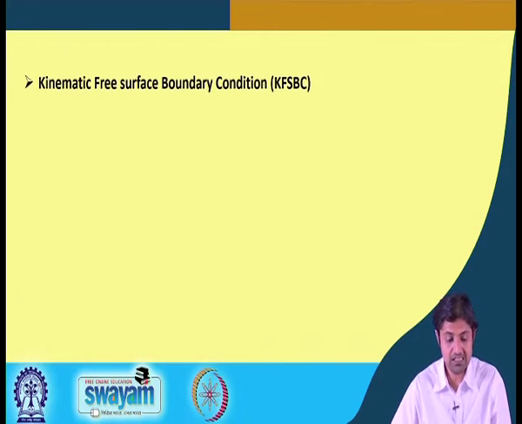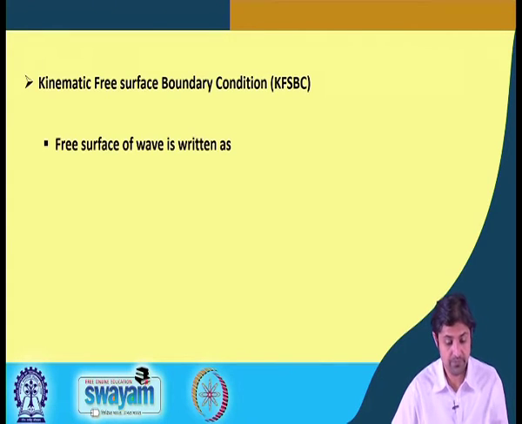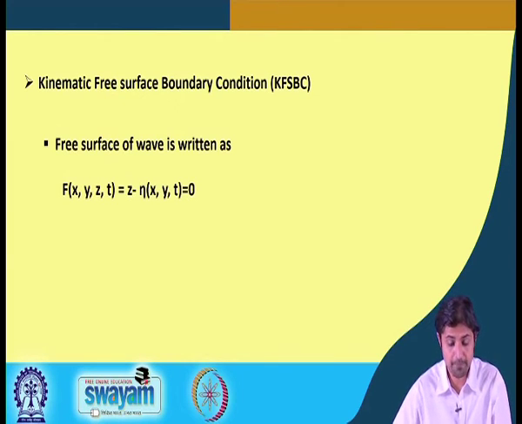So, another term is kinematic free surface. First we studied the boundary condition, we studied kinematic boundary condition in detail. The first sub part of that was the bottom boundary condition where the boundary was fixed, where we utilize u dot n is equal to 0. Now, there is something called kinematic free surface boundary condition. Free surface of water is written as,